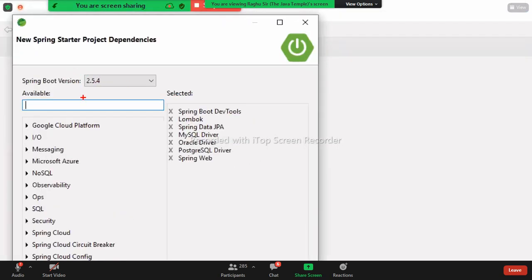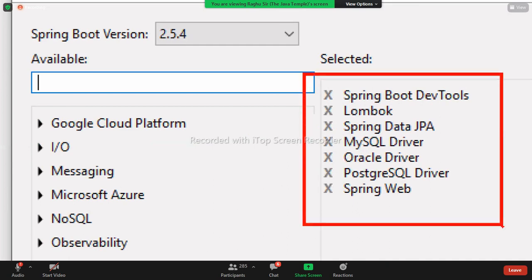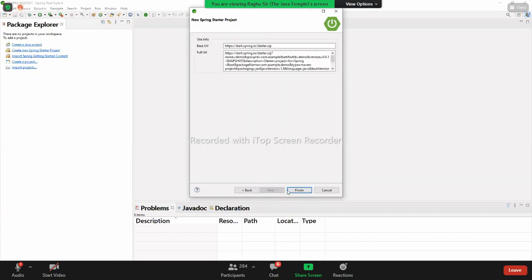So here, go and search for these required options. Don't forget to add them. These are a must initially to start programming here. Whether you use MySQL or Oracle, no problem. I'll show both, you use any one. Whatever you feel comfortable with, use it. Next button and finish button.